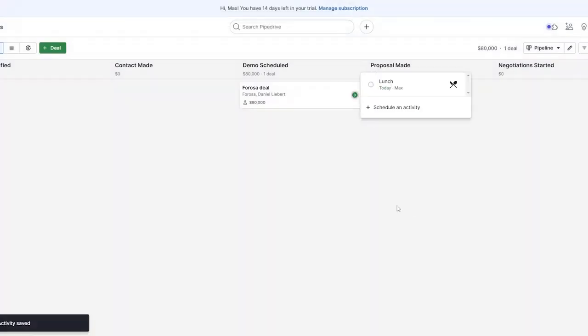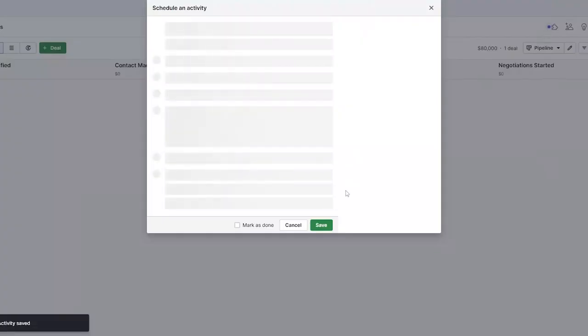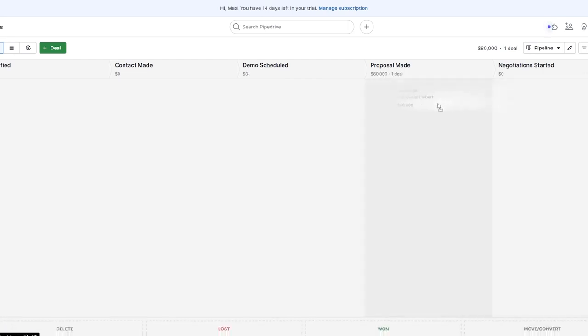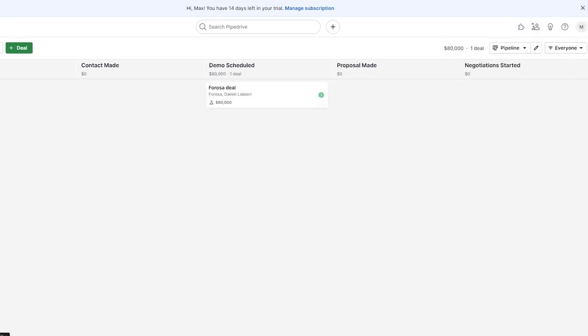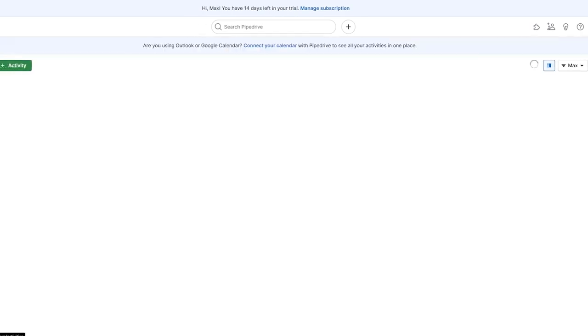You can even mark it as done as well. So over here, let's say we have this one. We can just mark it as done, and we are good to go. Just simply click on save. There we go. And after that, you just simply move it along as it goes so that you can keep track of it. All right. It's very simple. And over here, you can see the activities that you have created on the left hand side,